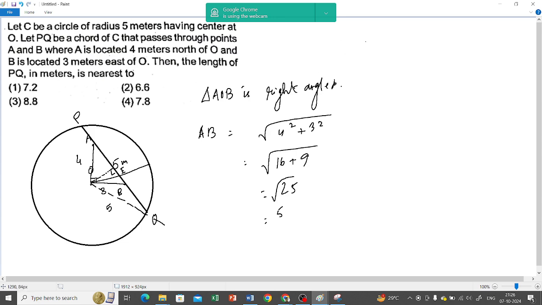Now you see, so we have AB. Now you see, in triangle AOB and triangle OEB,